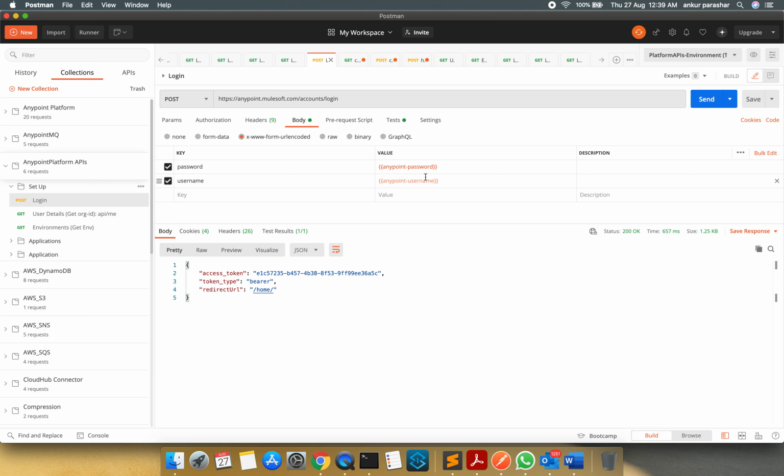So you have two options. Either you can give a hard-coded value over here and it will be exposed to everyone, and every time whenever you are creating a second request, you have to manually type the password hard-coded again. Similarly for the username as well. But instead of using it, we can also create an environment and declare the variable over there.